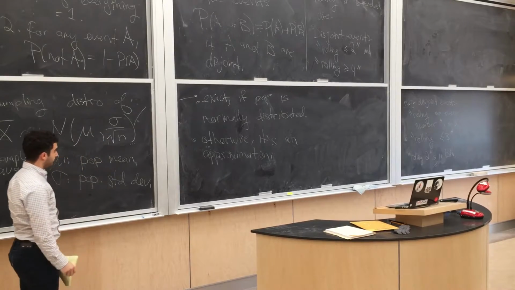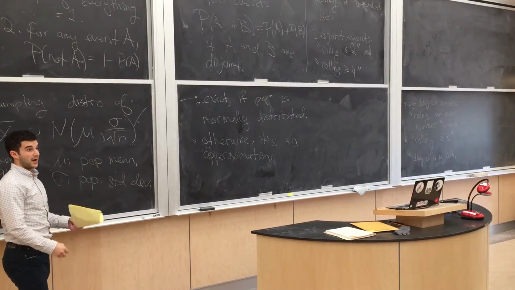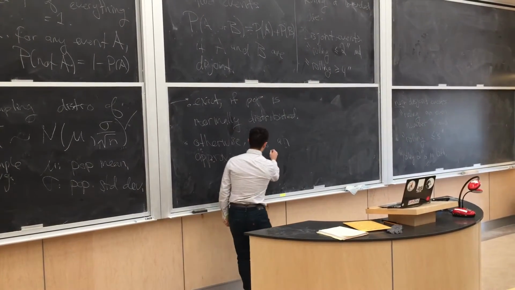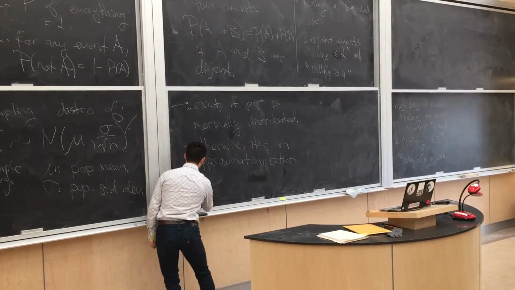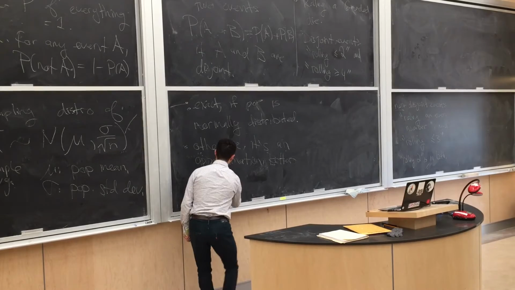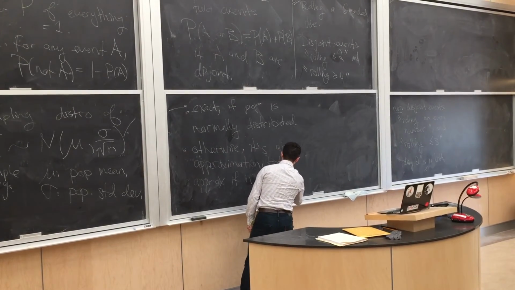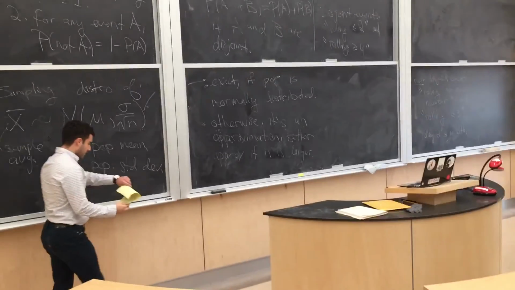And it's a better and better approximation as n gets larger and larger. So it's a better approximation if n is larger. And the second bullet